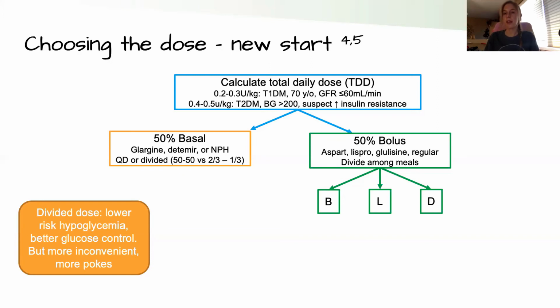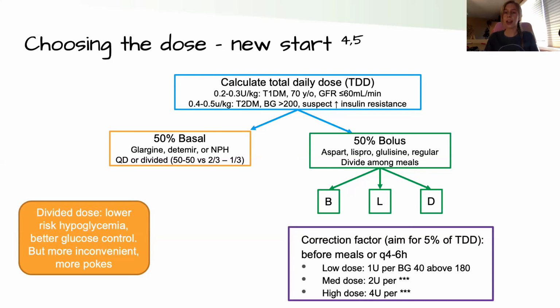So for example, if you had a total daily dose of 24 units, you would have 12 units of insulin in a basal, like glargine at night, and then you'd have 12 divided by 3, or 4 units per meal of short-acting insulin. In addition to that, you want to add on a correction factor, and this is to help you adjust when you're starting a new dose of insulin and you don't know exactly what that patient's insulin requirements are going to be. To start off, do about 5% of your total daily dose